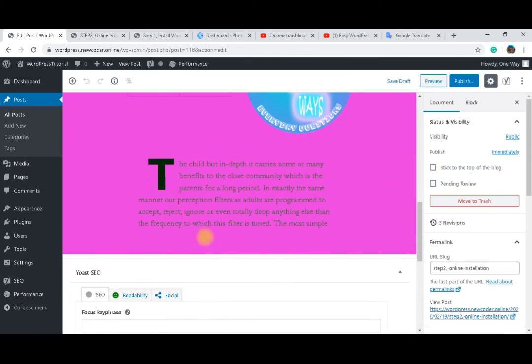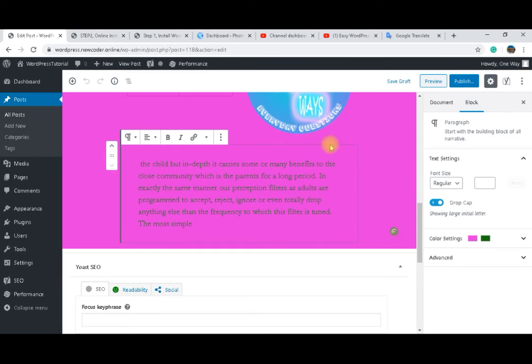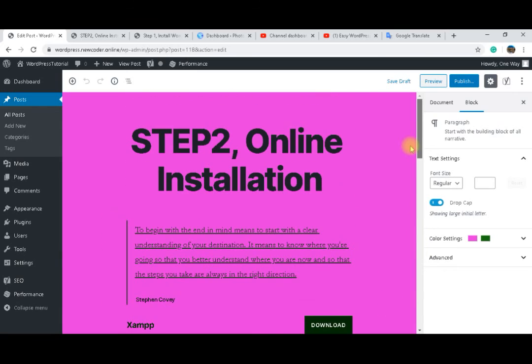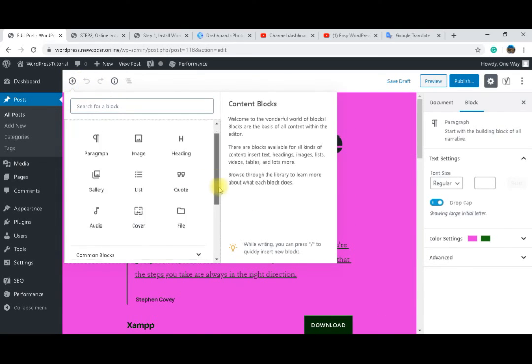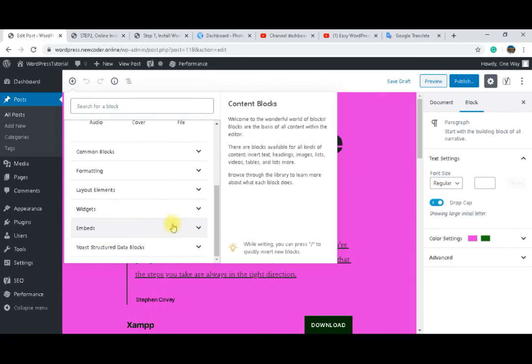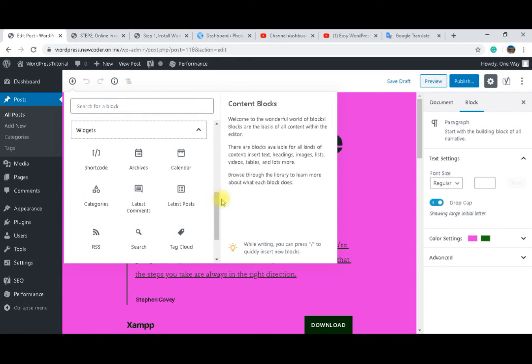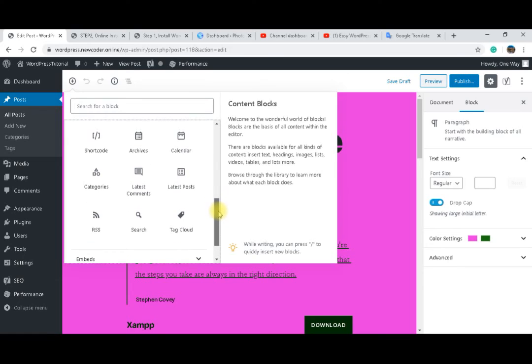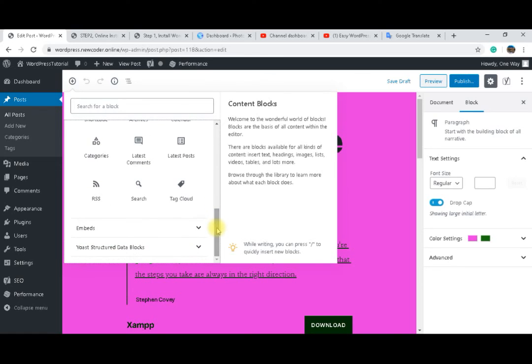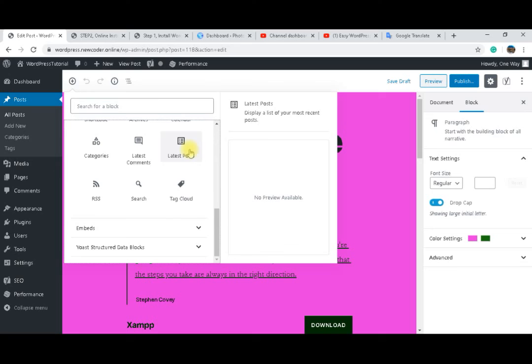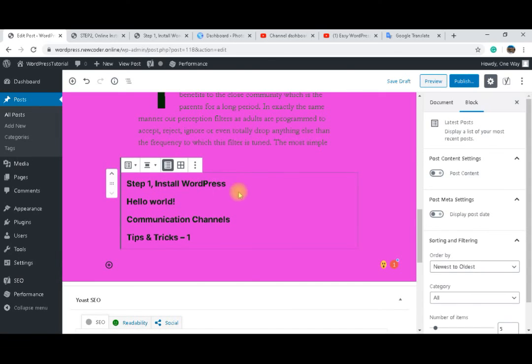So here, if you come to the end, I need to add one link below. So I will add from here plus, and I will select from the last one at the very end. Okay, I'll show you one small trick here. You can add a list of your latest posts to this post. So it will show the list of the latest posts we had done together while we were practicing,